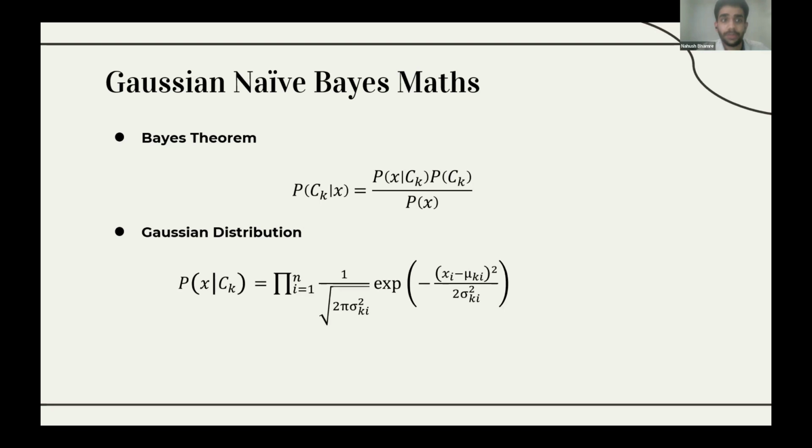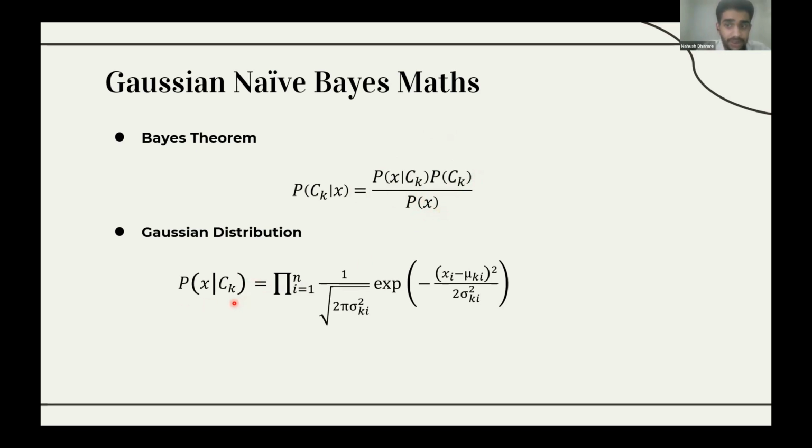So, talking more about the Bayes framework itself. To classify a new observation in the Gaussian naive Bayes, we use the Bayes theorem. The posterior probability of a class given the features is calculated as the likelihood of the features under the class multiplied by the prior of the class itself and divided by the overall evidence. The key part here is the likelihood.